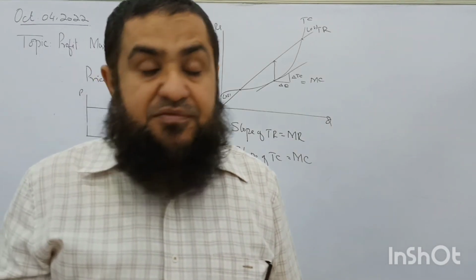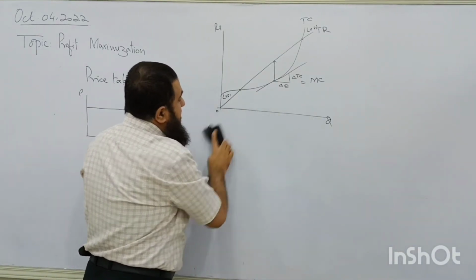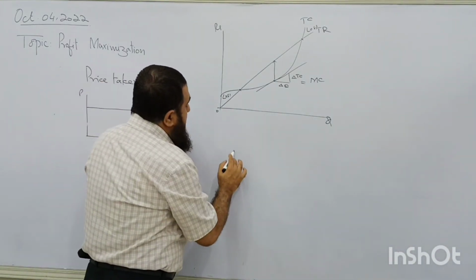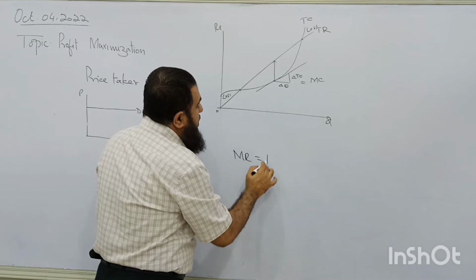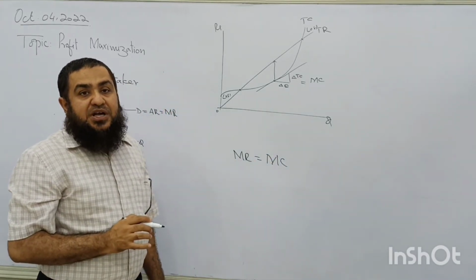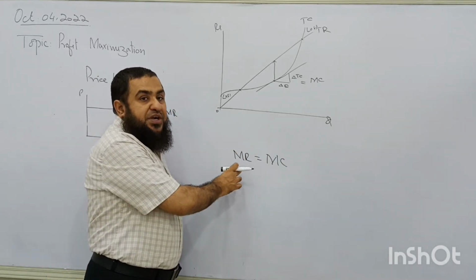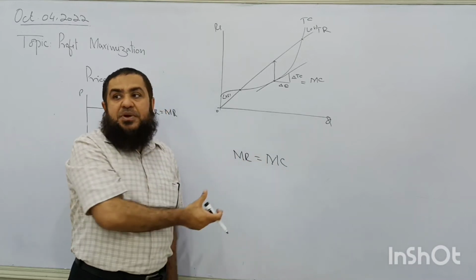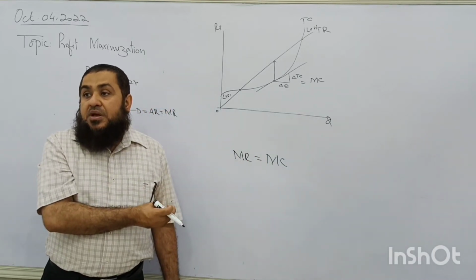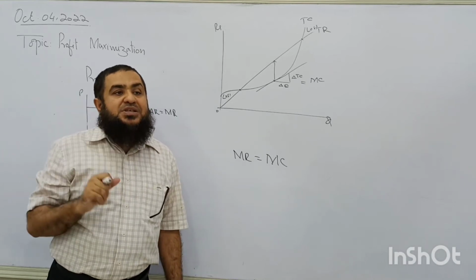What is marginal profit? I write this way. Marginal revenue is equal to marginal cost. So what is marginal profit? The additional profit. When marginal revenue is 20, marginal cost is 20, what is the profit at that level? Zero. Okay, marginal profit is zero, total is not zero, total is maximized.